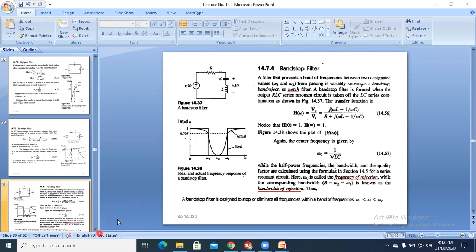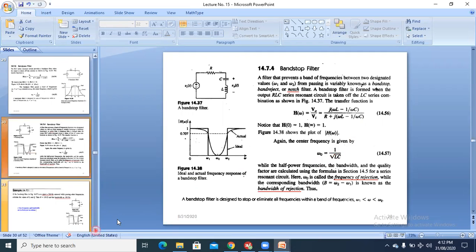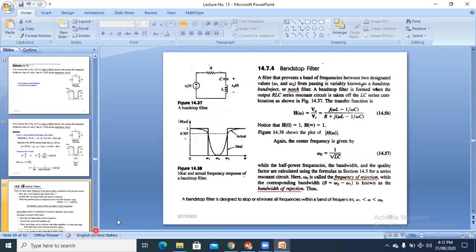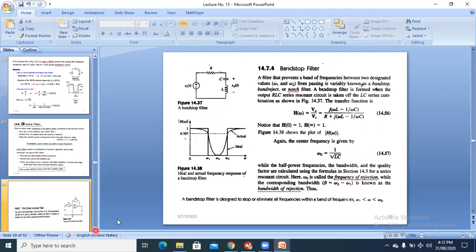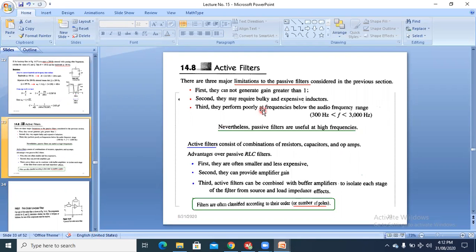So this is about band pass, band stop filters, but we have the active filters as well. So active filters are the replacement of passive filters, because the passive filters cannot provide a gain greater than unity,